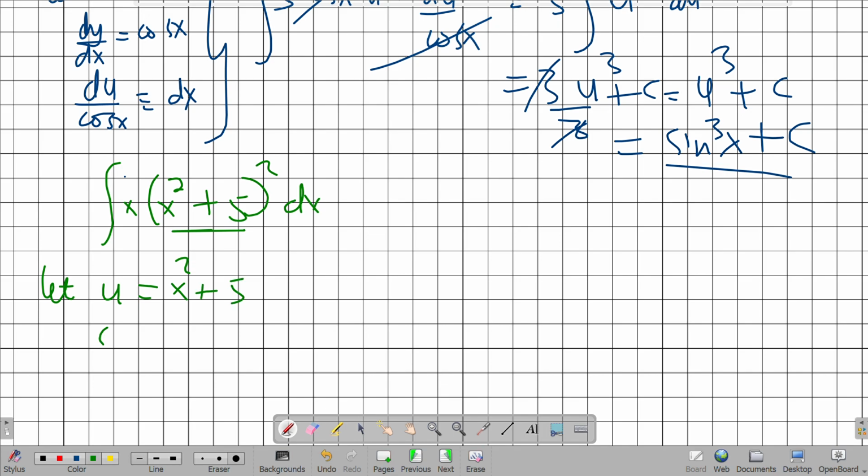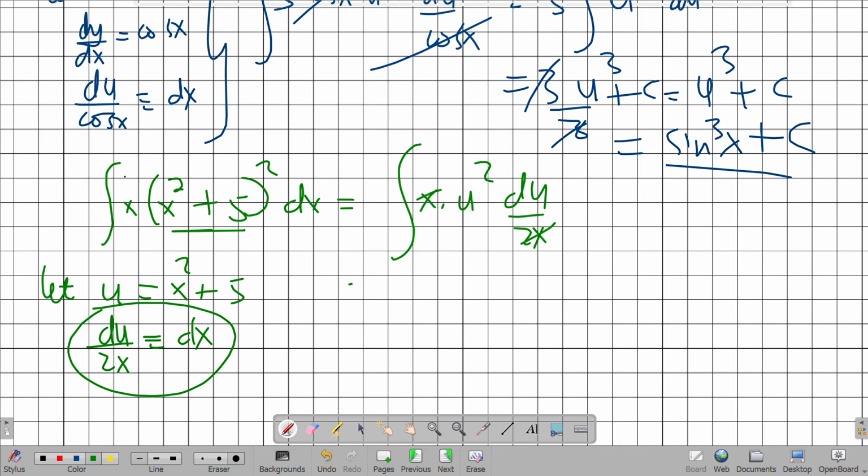And then du, you don't really need to keep doing this. du over dx, if I differentiate it, is 2x. So then dx is du over 2x. This is what I want to substitute for. So this is the same as saying x times u squared times du over 2x, of which the x and the x